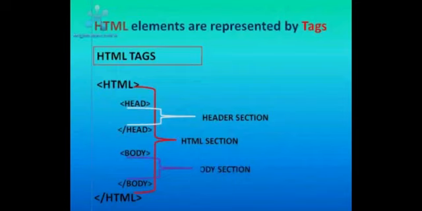Tags are the fundamental elements of an HTML document. Tags tell the browser which elements to present in a web page and how to present them. HTML tags are of two types, container tags and empty tags. Container tags need both an opening tag and a closing tag with a slash.